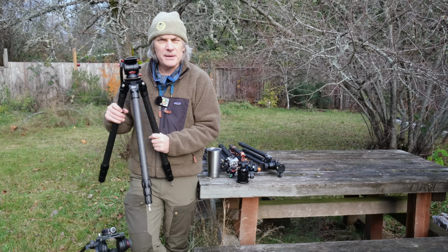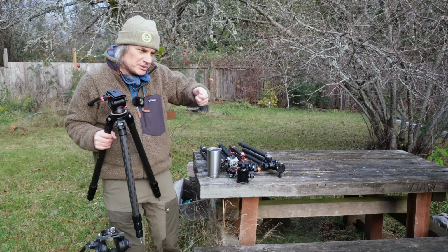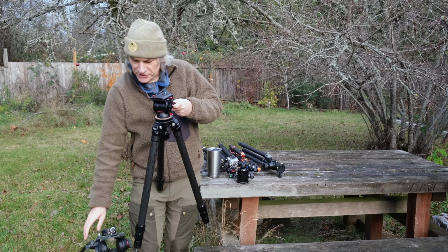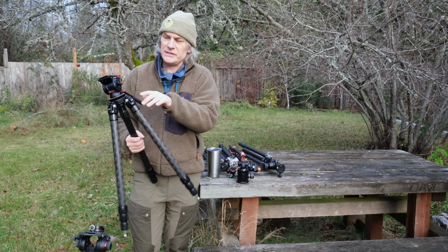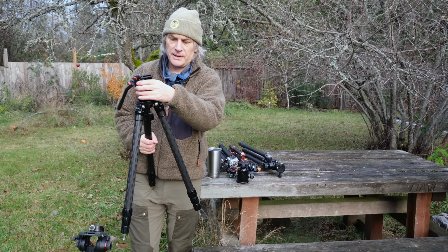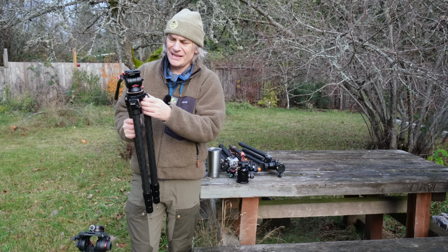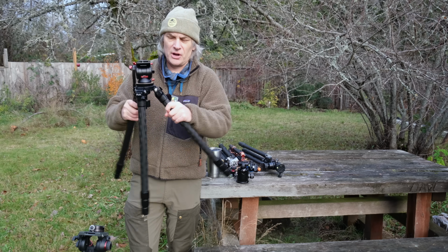And for those times when I want to get a nice little bit of footage where I'm sweeping around, or if I'm following something, then this is ideal. It has a lot of the features of the larger head here. The only difference is it doesn't have fine adjustments for the panning here. So the way that this works, and ideally if you're going to use a fluid head, then you'll definitely want to have a tripod